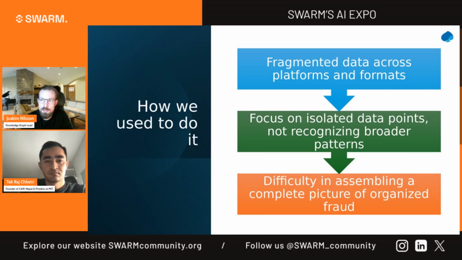By implementing this technology, we can better predict and protect the welfare system, restore trust, and ensure that the resources are going to those who truly need them. And this is for the welfare system because that's what I have been working mostly with, but the same can be done for finance, banking, insurance, or any kind of fraud, really.